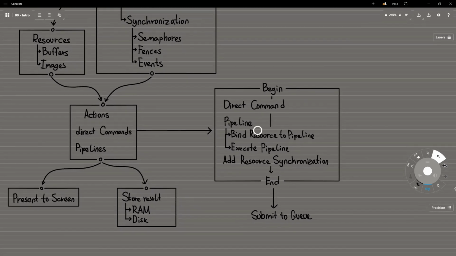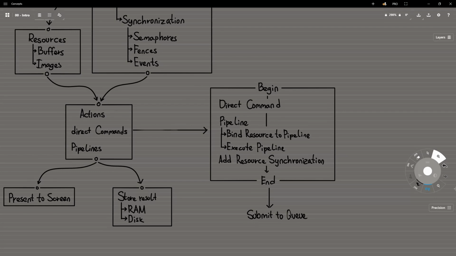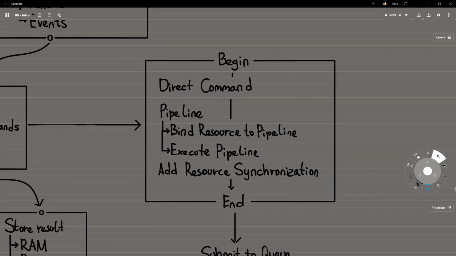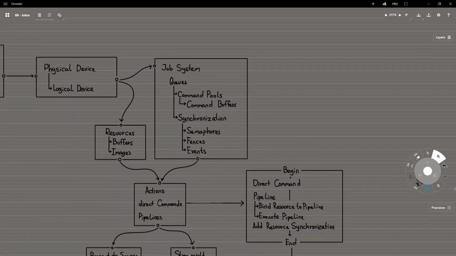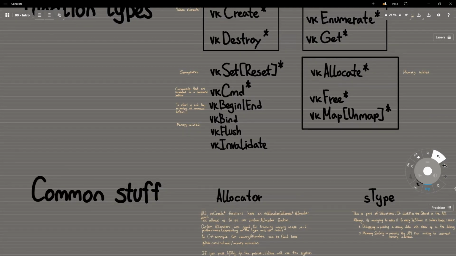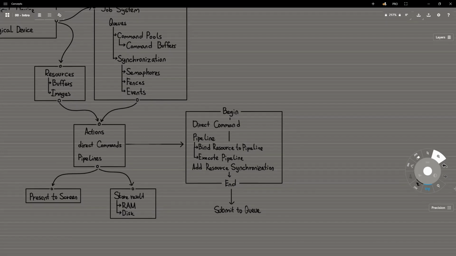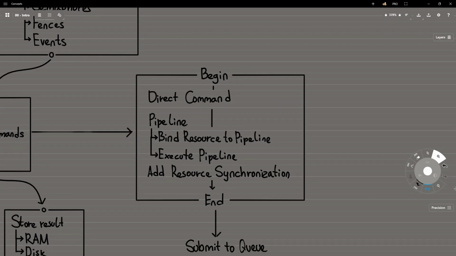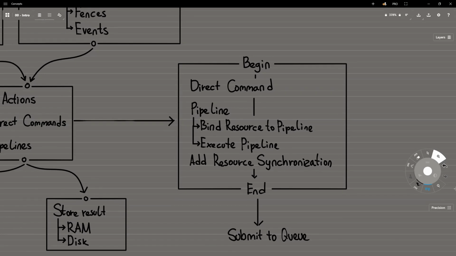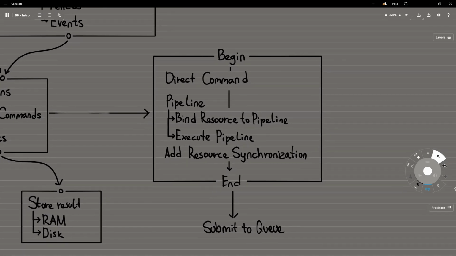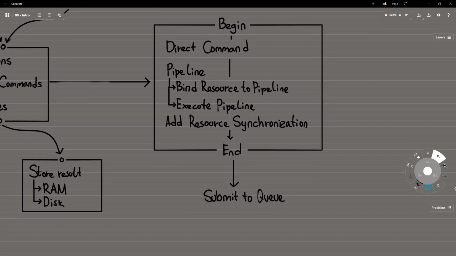And here I just made a quick overview of what these actions look like. Basically, we call begin and end, which are the functions vkBegin and vkEnd. We call them on, let's say, some command buffer, and we start recording commands. We have the direct command, like fill, or we can call a pipeline, and we bind the resource to the pipeline, and we execute the pipeline. And at the end, or basically somewhere along the line, I just added it at the end, but it could be anywhere, we can add